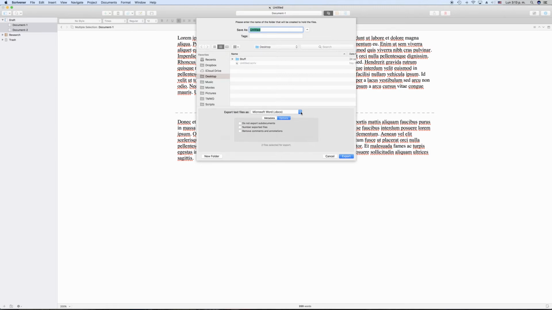In terms of formats to export, you can choose RTF, which is rich text format, RTFD, which is rich text with attachment, doc or docx for Microsoft Word, ODT, which is open text document, HTML, if you want to export a web page, FDX for Final Draft screenplays, Fountain for screenplays in Fountain format, TXT for simple text, and MultiMarkdown. If you don't know what all of these are right now, don't worry, just pick the one you know and need. We'll go through most of them in their own section.